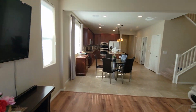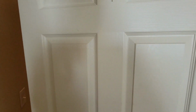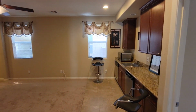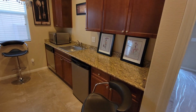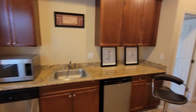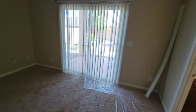Okay. Here is the feature that you don't see every day. Perfect for your large family. Maybe you have your mother-in-law. Maybe you just want to have a rental. Here is the separated casita. So this casita is not just a bedroom, but you have their own living room area with your fridge, dishwasher, microwave, and check that out. You got your own door entryway for the bedroom,